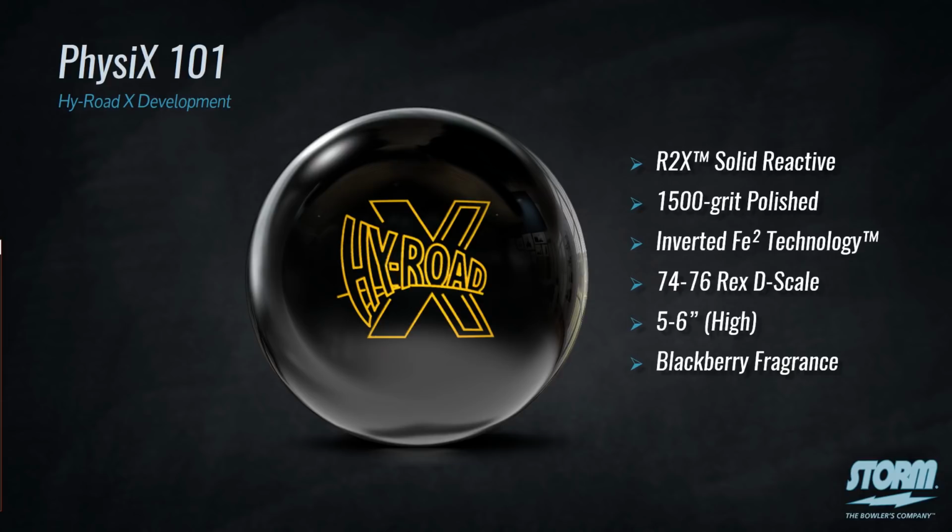We've had R2S Hybrid on the High Road for so long now, 10 years, and the patterns change, right? These lane surfaces change. You've got more centers upgrading surfaces, and the way that the patterns have evolved, we felt that R2X would really give another shape and add another fine-tuning parameter to the High Road family, which is already pretty stellar.